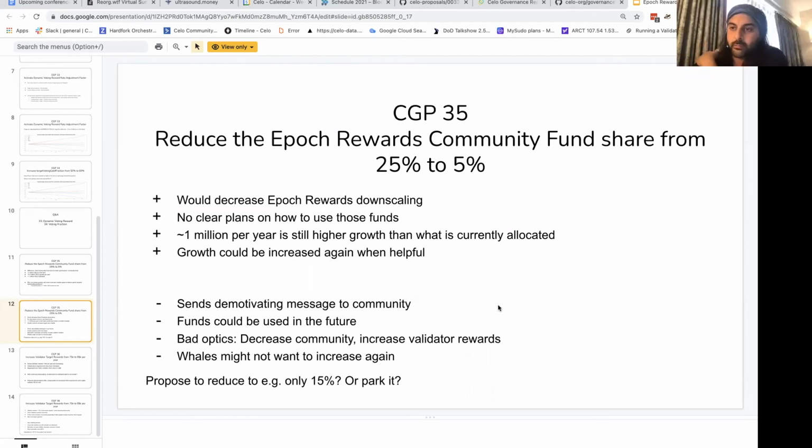Ronan? We're going by people who raised their hands. Yeah, I mean, the big picture tricky thing is that we're overspending. So we obviously need to slow down spending somehow. And that's always a difficult thing. I think you make a very good point, Yaz, on the signaling around reducing the community fund in its early days. I guess we'll come to the next part around the validator rewards, but we need to think about having a sustainable system for validators and something that's market dynamic. And I think that's probably, in my mind, a higher priority to figure out. And then maybe we figure out the community fund. That's all I have. Eric?